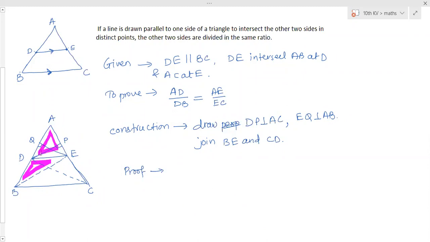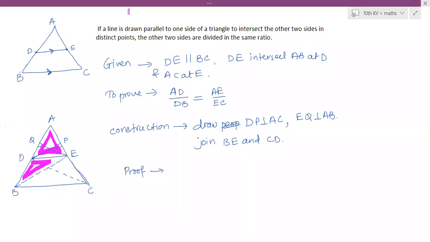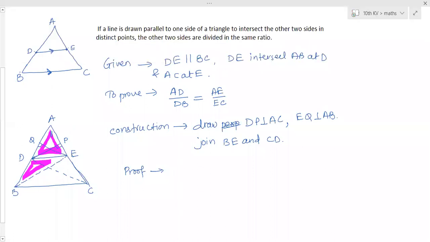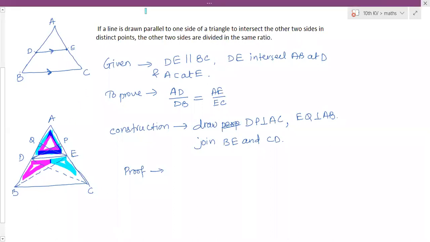So the area of this triangle we take, and then we find the ratio of these two triangle areas. Then in the second part we take the area of ADE. On the base AC there are two triangles, one is again ADE and the second one is CED. We have to take the ratio of those two triangle areas. Okay, then let's start with the proof one by one.